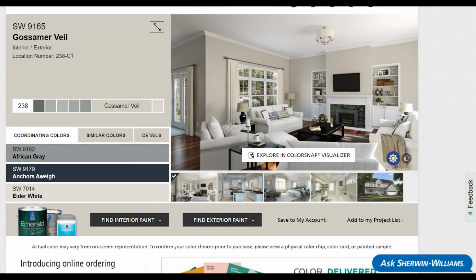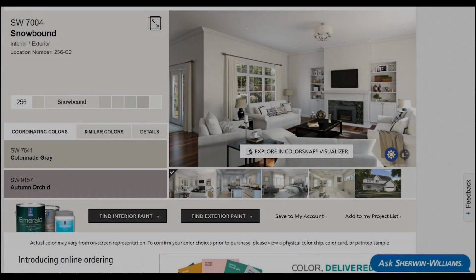Alright guys, so before I let you go, I want to give you two colors that we are enjoying, we are loving, and a lot of my projects are in, and that is going to be Gossamer Veil by Sherwin-Williams and Snowbound by Sherwin-Williams. The reason why I've chosen these two colors, I actually started when I was doing some